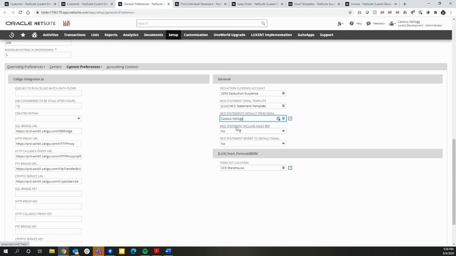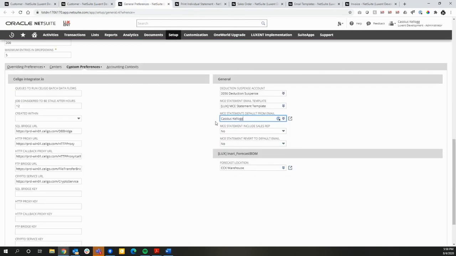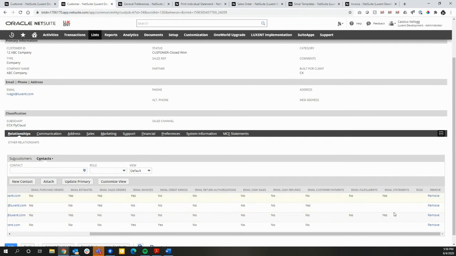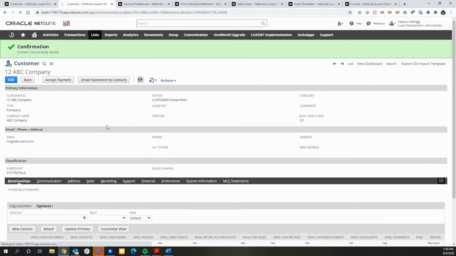Whether that multi-contact email statement includes the sales rep. So if we wanted to include whoever the identified or assigned sales rep was on that customer record on that emailed statement, we could do so here in the general preferences. And then whether we revert to a default email, that's what I was just mentioning. So if I didn't find any contacts that had email statements checked, do we want to revert back to the single and the default email here, the native NetSuite email field? So I have that set up as no, but those are dynamic preferences that just allow maximum flexibility per requirement per customer. So go ahead and hit our email the